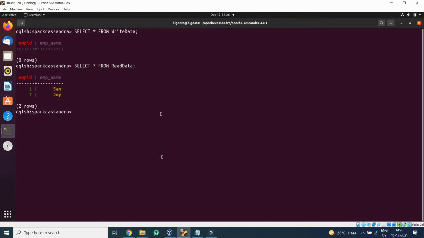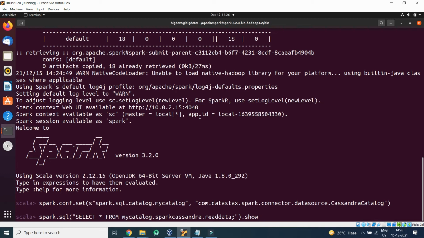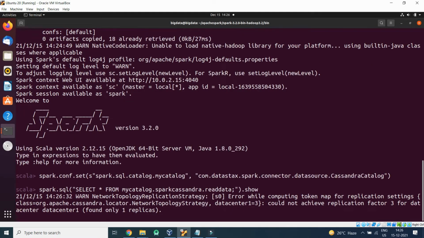It has two records. So now let's press enter. We will be fetching those records and the data will be displayed on the screen.